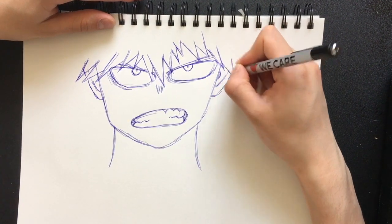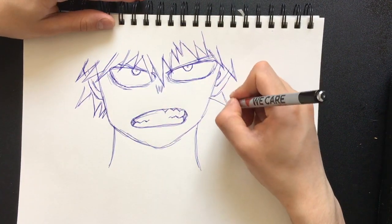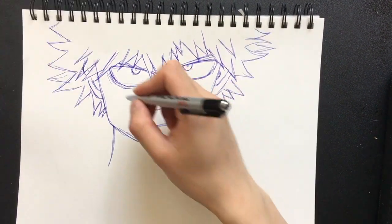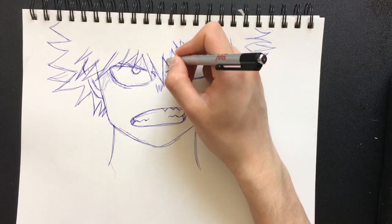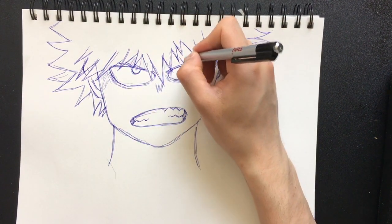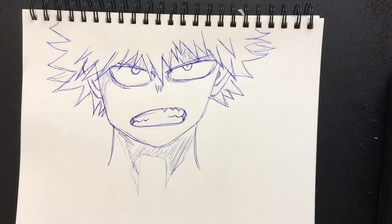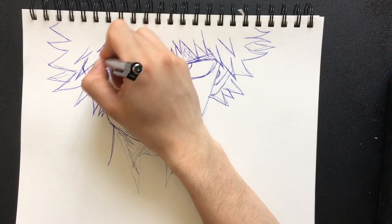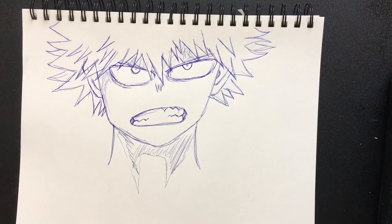I can feel it. I'm not sure if he... I don't remember if he had hair down here. I don't think he did, but goodness gracious mother of God, this looks awful. I just kind of gave up part way. I was like, you know what? Whatever. Goodness. Damn it, Baku man. You done did it again. That just...